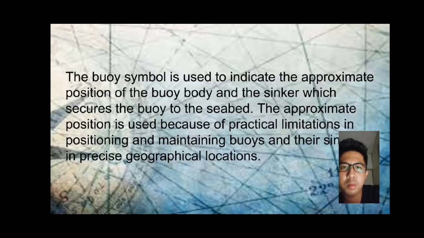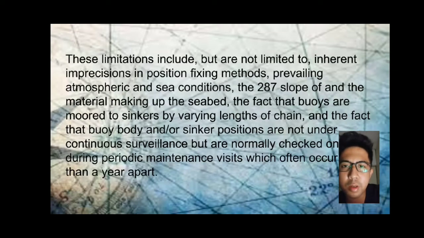The buoy symbol is used to indicate the approximate position of the buoy body and the sinker which secures the buoy to the seabed. The position is approximate because of practical limitations in maintaining buoys and sinkers in a precise geographical location. These limitations include, but are not limited to, inherent imprecision in the position fixing method, prevailing